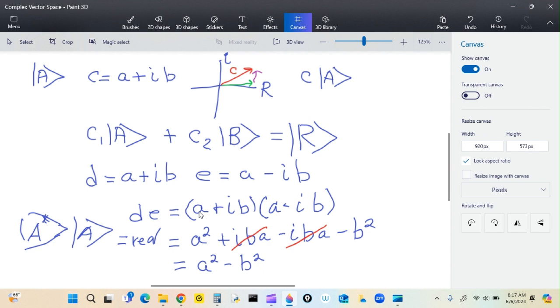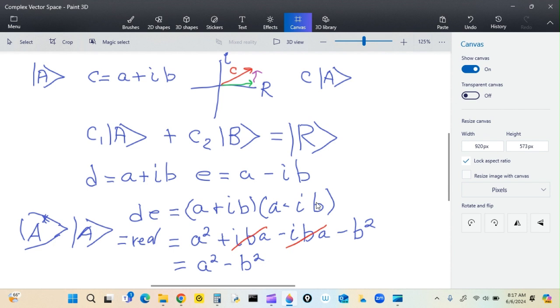Well, here's what happens. If you know how to multiply binomials, the first terms are A squared. The last terms are, because it's a square root of -1,